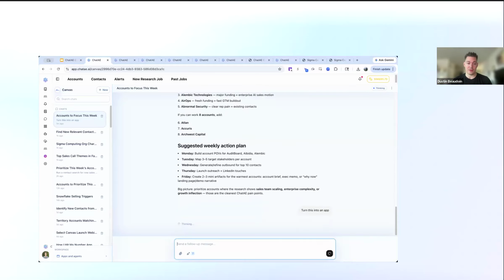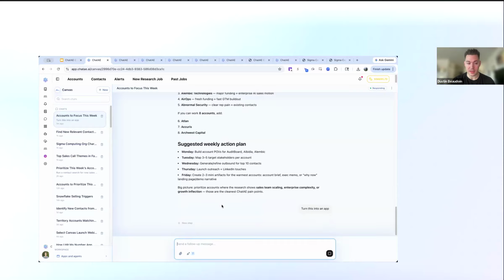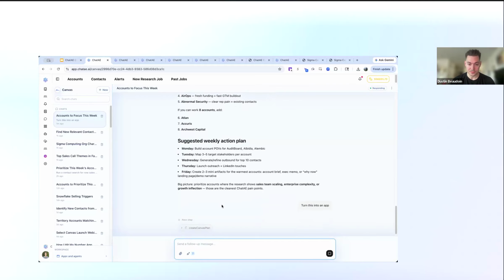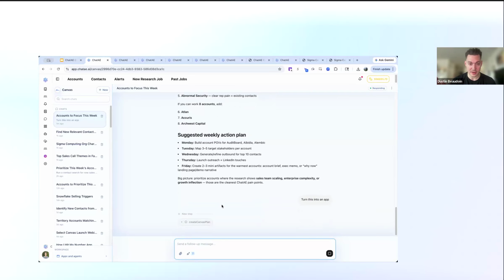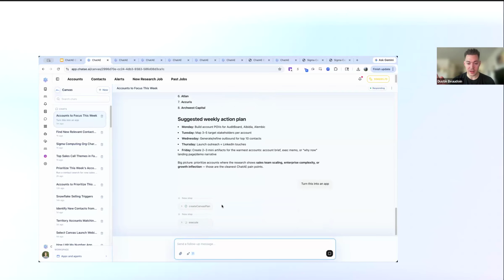I'm going to make that pretty basic. But what this is going to do is build an app in Canvas that I can return to, and that app will have a front end and all of the built-in functionality for looking across all my accounts and, week to week, telling me what accounts I should focus on. Now, as you see, it's going to work now. It's going and executing and building that app. Once it builds the app, I have